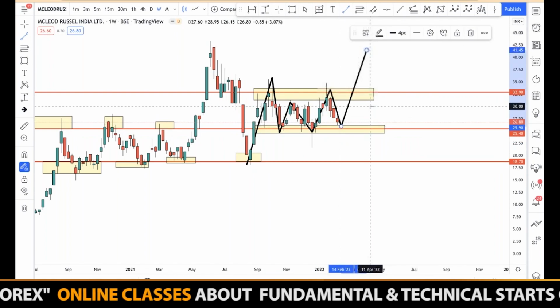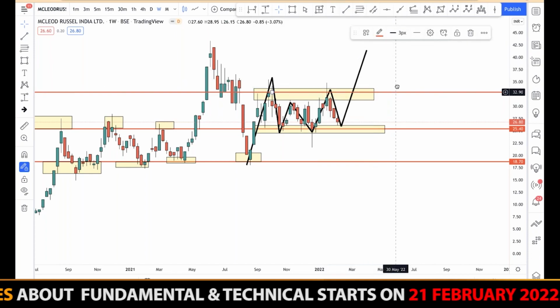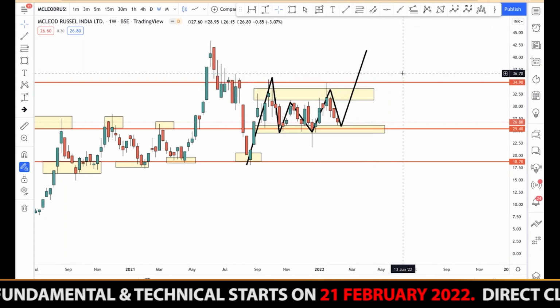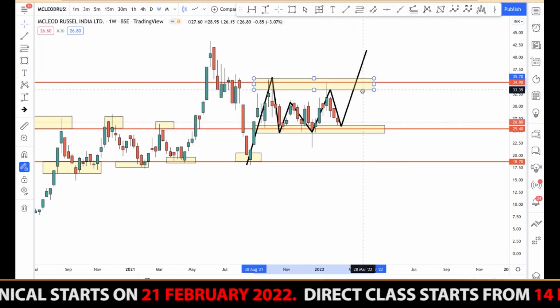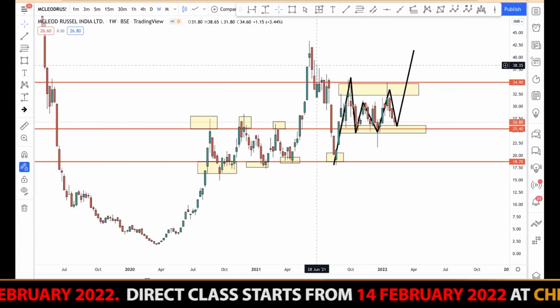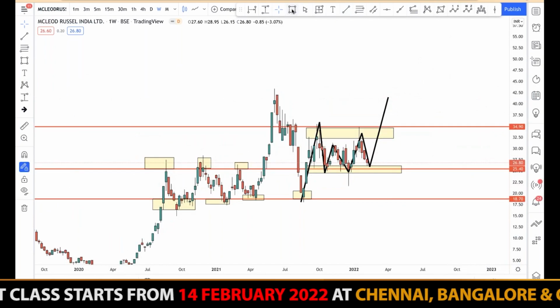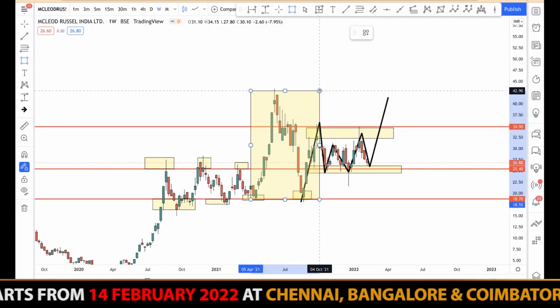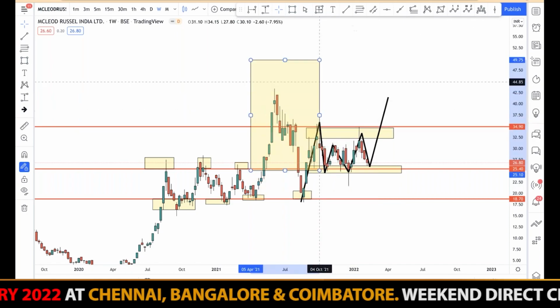My suggestion is, if the market is able to break and close above 35 rupees, that will be a very safe level to trade. Once the market is able to break and close above 35 rupees, that will be the safest trading point for McLeod Russel. And the targets I'm expecting: if you take this as a double bottom and the market is able to close above the neckline, we can expect a target of